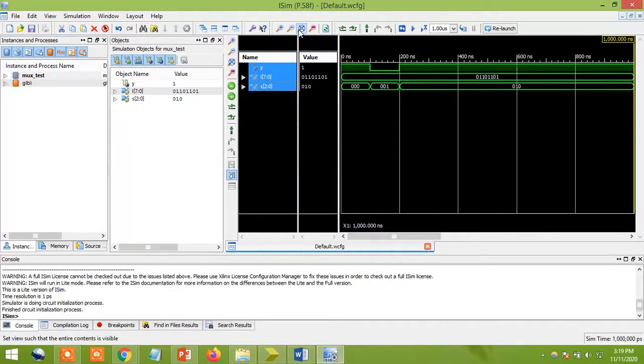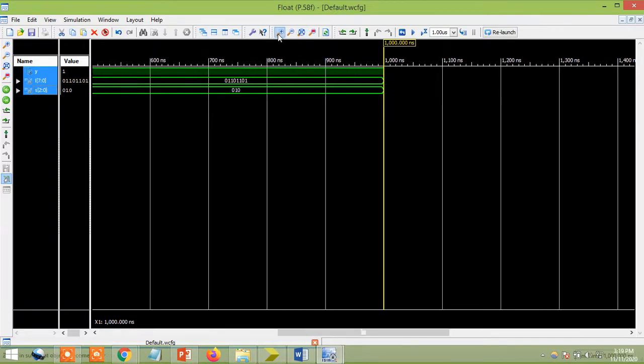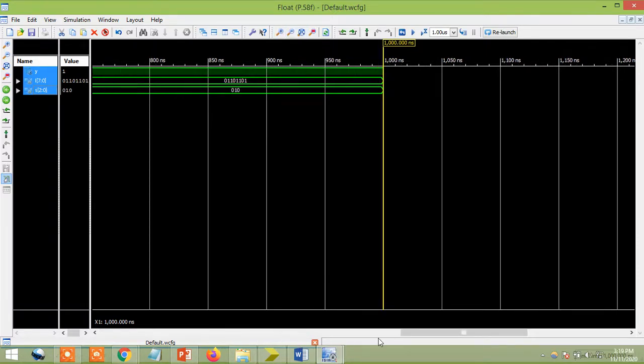So just zoom in, take it as a floating window, scroll and zoom in and check it out. Here you are getting only two conditions.